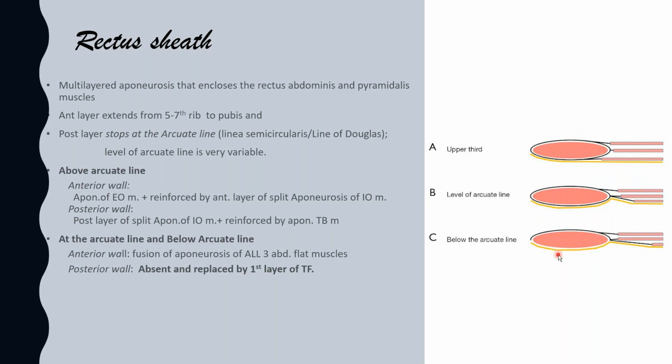And that's why, when we say that infraumbilical midline incisions are increasingly susceptible to ventral hernia formation, that's the reason. There is no posterior sheath. That's why it is advisable that if you have to give an incision in the infraumbilical area, prefer not to give a midline incision, prefer giving a paramedian incision. Right? That is one of the reasons why those are increasingly susceptible to the formation of ventral hernia, because of the absent